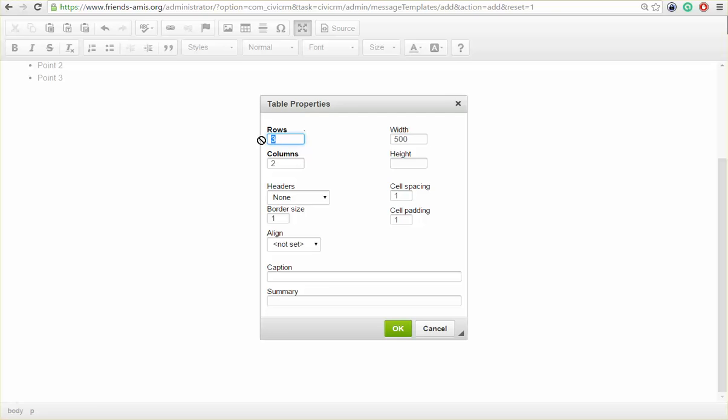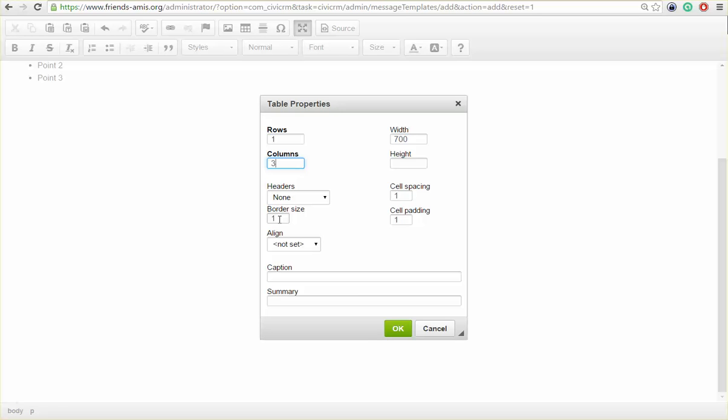Now I want a table that has one row. I happen to remember that the image at the top is about 700 pixels, so I'm going to make my table about 700 pixels. I want 3 columns, a left, middle, and right column. So I'm going to enter that. So I've got a table with one row, a width of 700, 3 columns, and currently it has a border